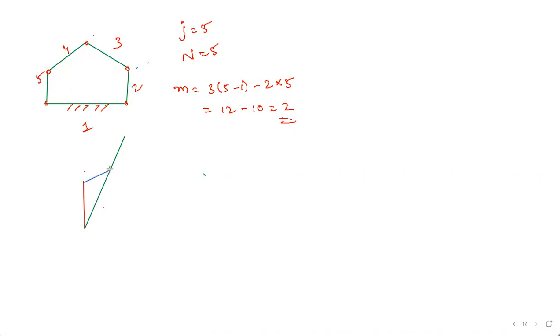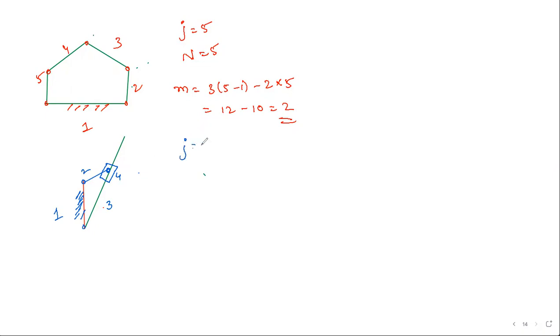So this is another link over here, and then you have a slider. You need to draw a slider here. Yes. So now you can count. This is a revolute joint. This is a revolute joint. This is a fixture. Okay, it is fixed. This is a frame. This is a revolute joint. So count the number of links: link 1, link 2, link 3, link 4. Right? 4 links. So how many joints? 3 revolute and 1 sliding. Right? 3 revolute, 1 sliding.